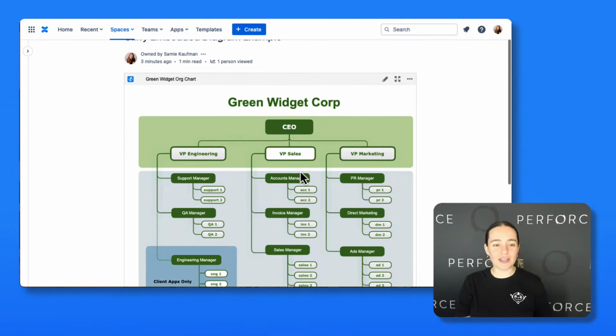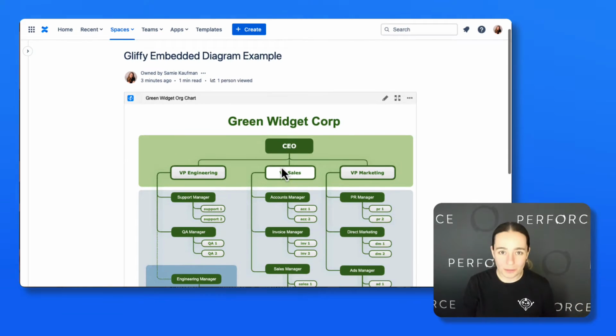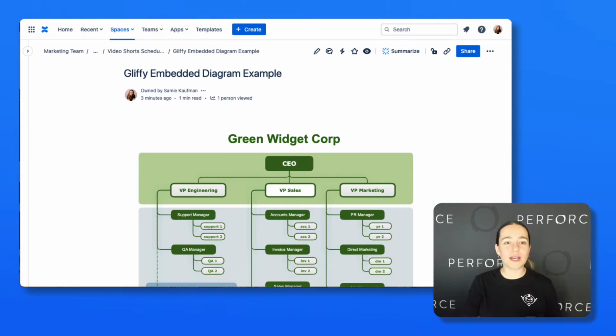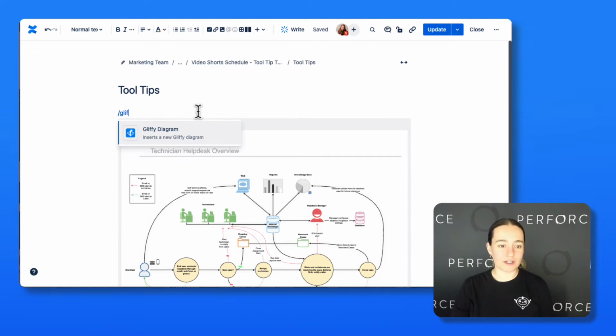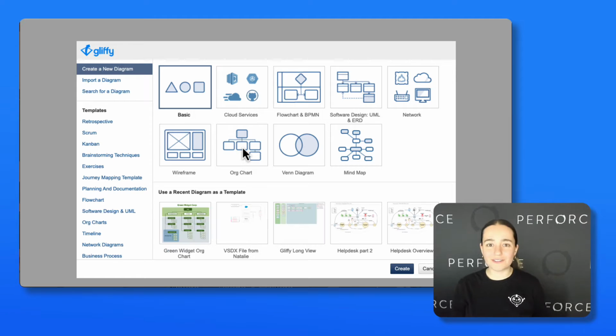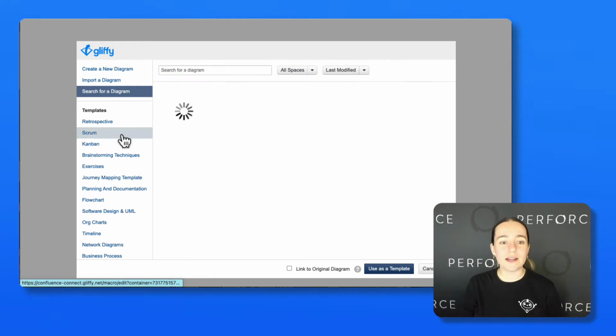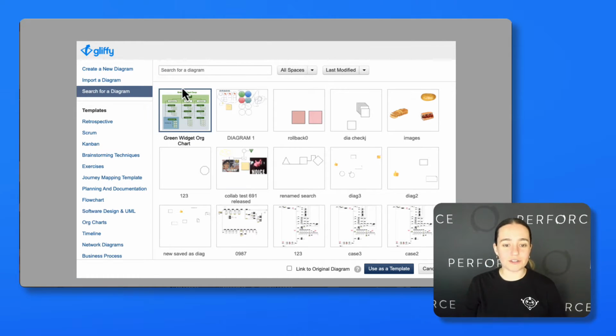So here I have an org chart for Green Widget Corporation, and I'm going to go ahead and add that same diagram on a different page. /Gliffy as always to add your diagram, and then I'm going to click search for a diagram, and here's that org chart. I can click link to original diagram right here, and this changes that button from use as a